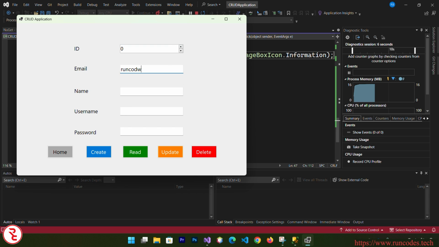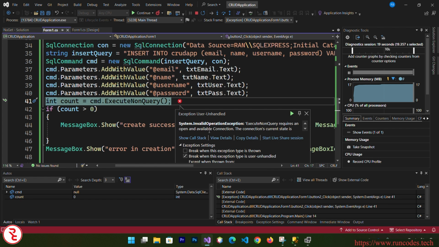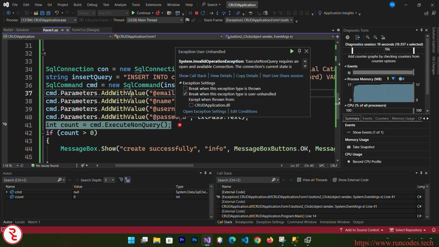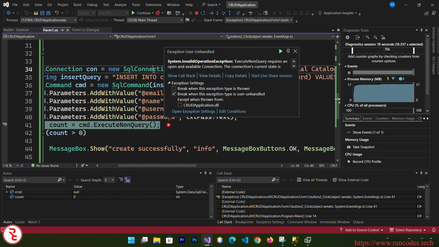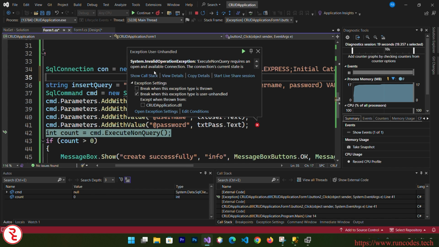Here, runcodes at gmail.com. Name is Run. Username is Ron. Password is Ron. Let's click that create button, and here we get an error. And then we forgot one thing, that is we need to open our connection. So connection.Open(),